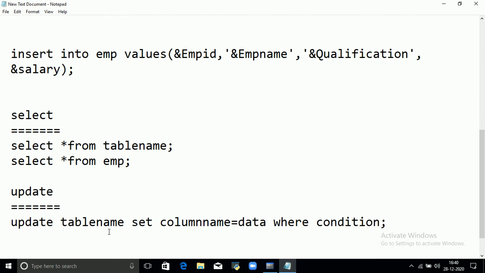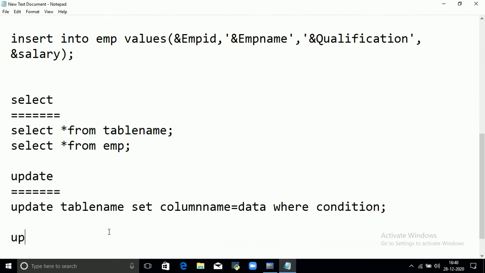Let us take an example. Update table name is EMP, set the salary column, salary is equal to 9,000, where, what is the condition here?